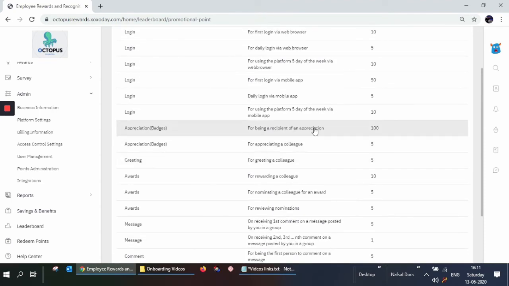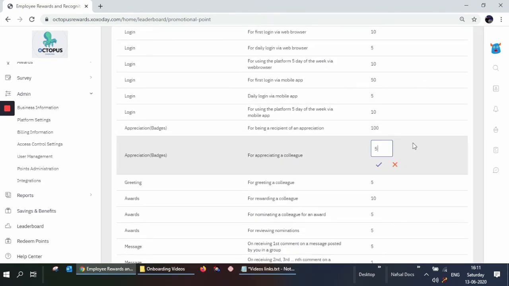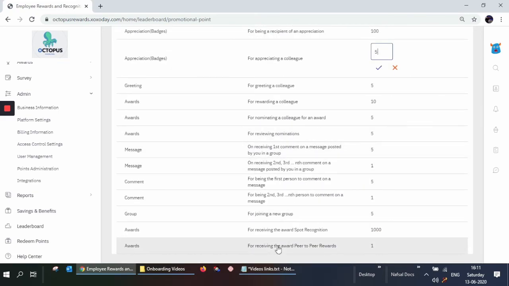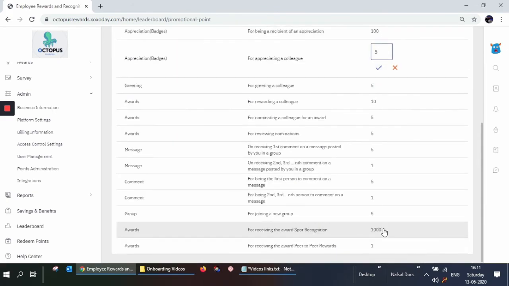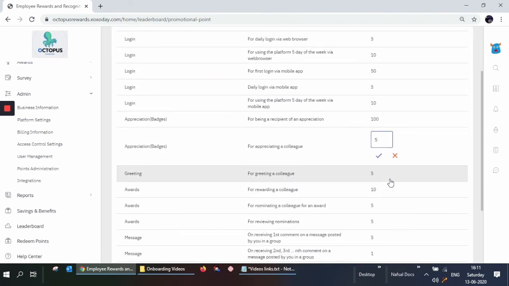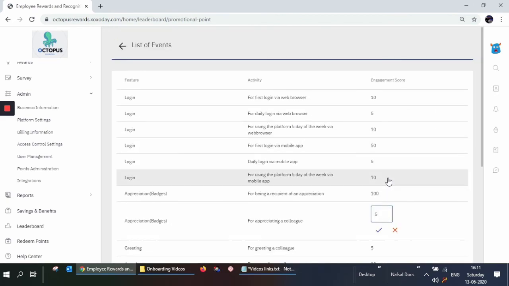Again, I will just go through a few other important items, like if you want to give some badge to an employee, then you would get an engagement score of 5. Now if you offer joining a new group, you get a value. So it's like if you are getting an award, you get an engagement score of 1000. So all these values, you could just review them, just make sure these are the values that you would like to keep, and if you would like to change, make the settings and save it.